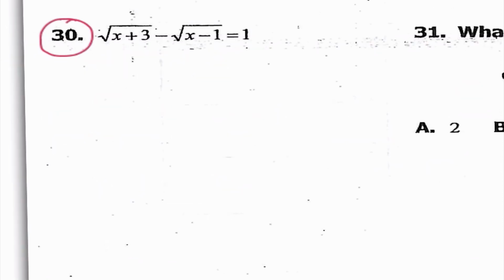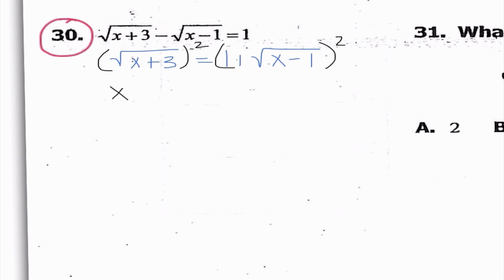Last one I'm going through is number 30, and I think this is actually the most difficult of all of them, because I have 2 different radicals and I don't have the same radicand, so I can't add them together. So the first thing I'm going to do is split them up. So I have 1 plus the square root of x minus 1. So I need to start by squaring both sides, and the left side just becomes x plus 3, but the right side